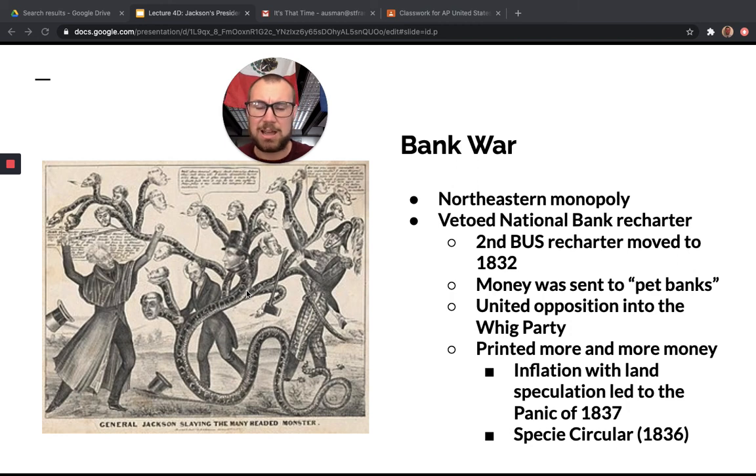It's not passed, and so what Andrew Jackson does is take all federal money and move it to state banks. However, this is kind of a little shady because he moves it to banks that have affiliation with government, people in his cabinet, people that he knows, and so they become known as pet banks. This also led to the Panic of 1837 over land speculation, printing more and more money. We get inflation. He wants, in the Specie Circular, to make it so that you can only buy land with gold and silver. It doesn't really solve the problem, and President Van Buren after him will have to deal with this panic, or